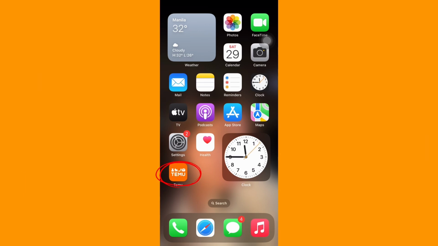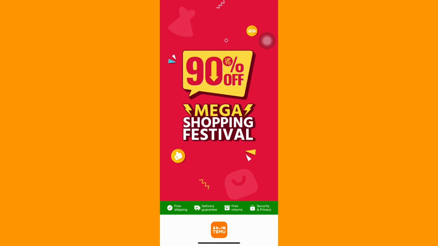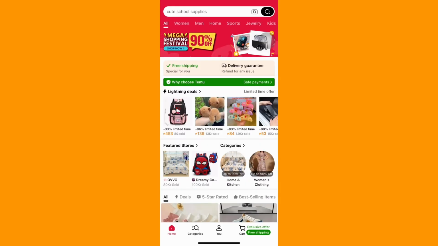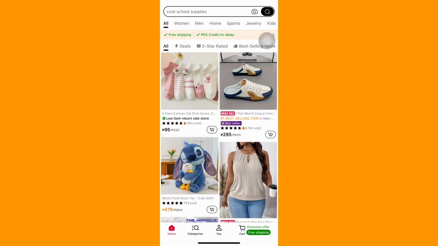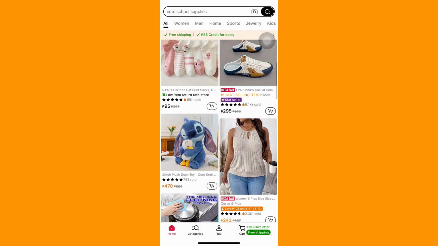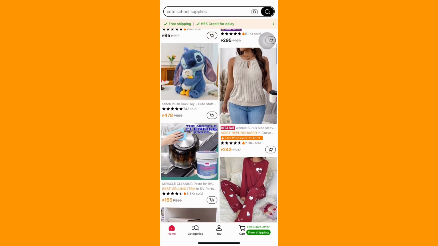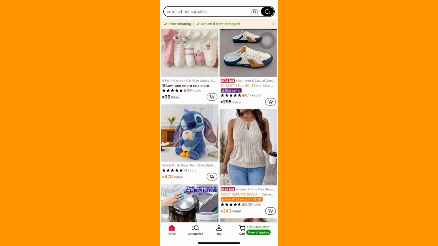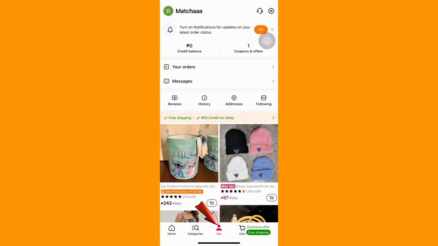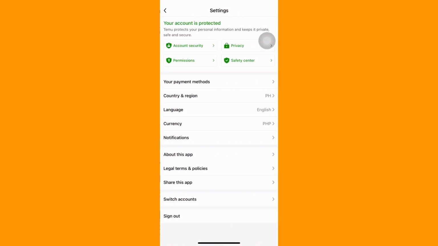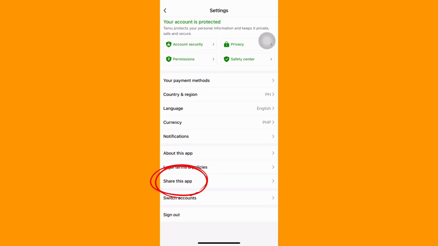First, you have to click the Temu application on your phone. If you don't have it yet, you can download it on the App Store or Google Play Store. So here you can see now the Temu app is being opened, and you will just have to click You at the bottom. Then on the upper right corner you can see Settings, and here you can go straight to share